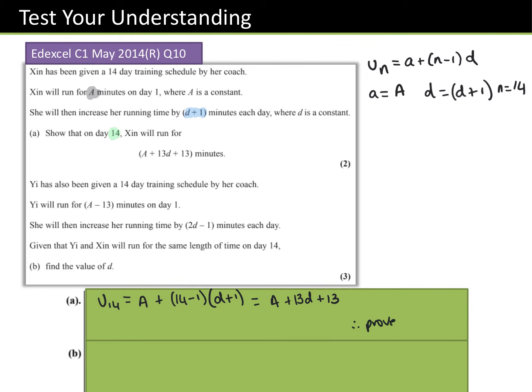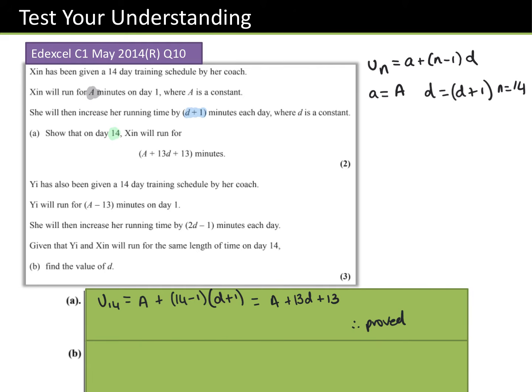Therefore, proved or shown, I don't mind. Okay. Then it says, Yi has also been given a 14-day training schedule by her coach. Yi will run for A minus 13 minutes on day 1. She will then increase her running time by 2D minus 1 minutes each day. Given that Yi and Xing will run for the same length of time on day 14, find the value of